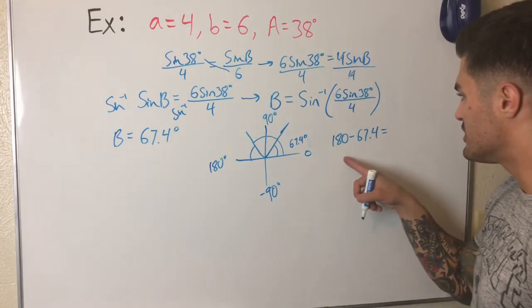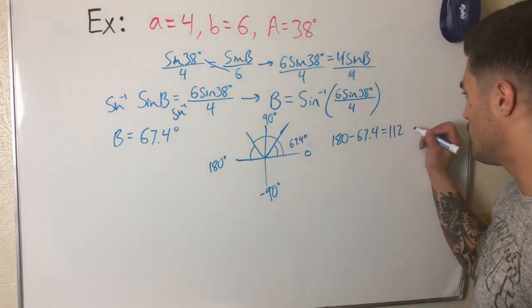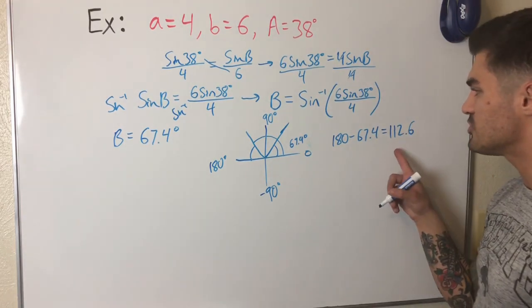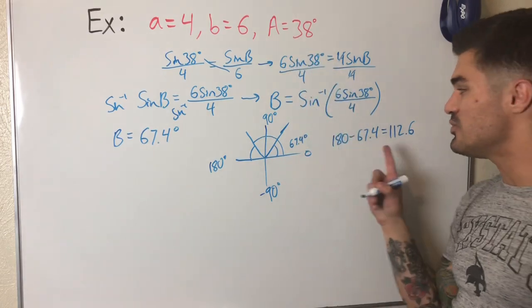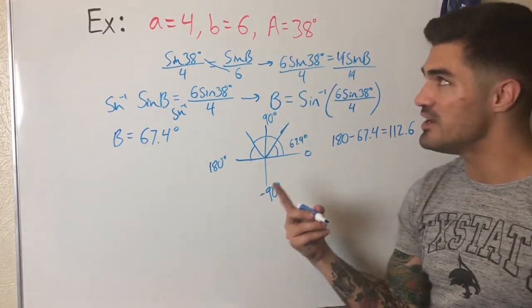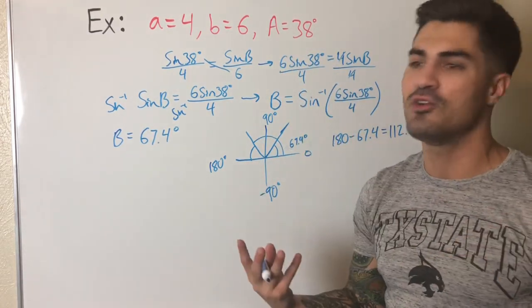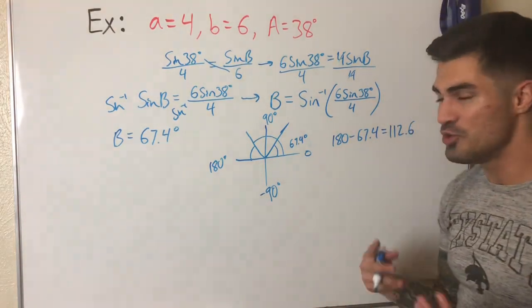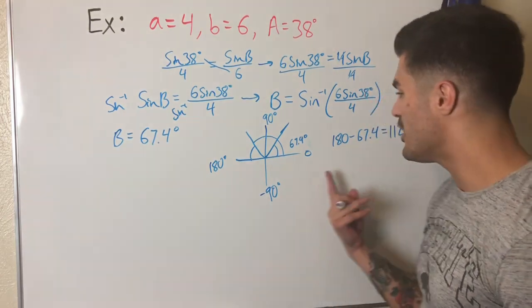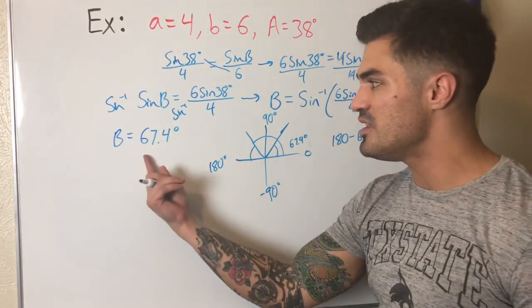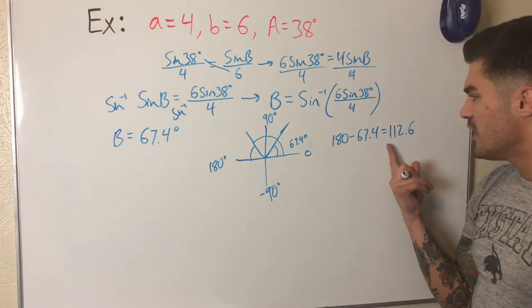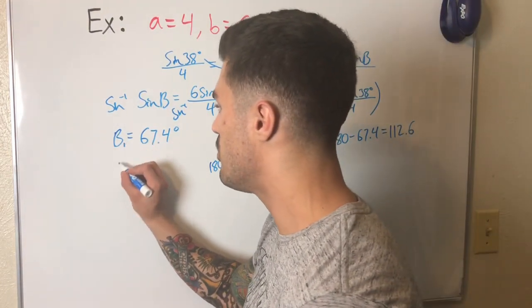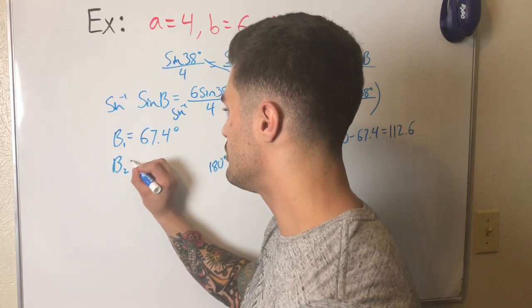All right, so let's see if I can do some quick mental math here. 112.6, hopefully that's correct. That looks good. So if I go back and add it to A, I'm still less than 180. So I have room for a third angle C. That means we do have two triangles in this case. There are two angle B's that work: B equals 67.4 degrees, and you also have B equals 112.6. So maybe I'll label this B1 and B2 equals